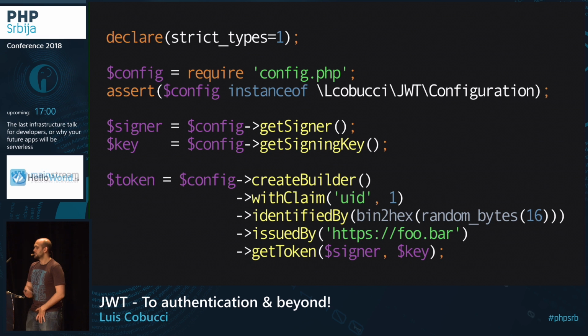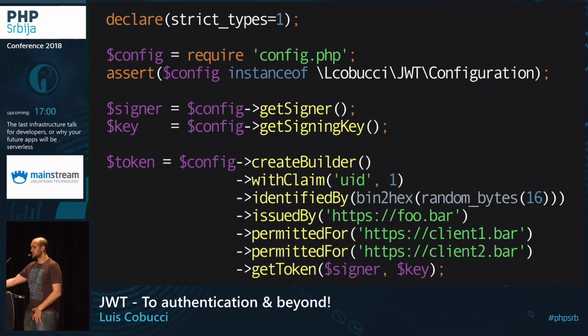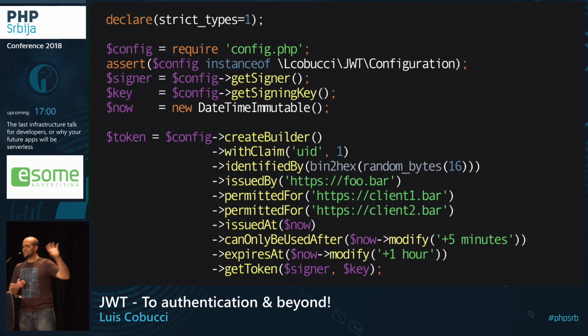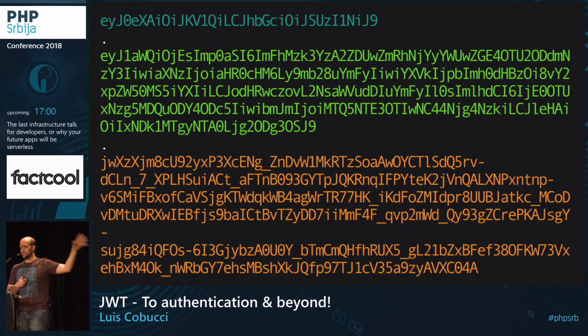And it's permitted for this list of clients. And it was issued now, can only be used after 5 minutes from now, and will expire in an hour from now. This is using the asymmetric configuration that I just mentioned,